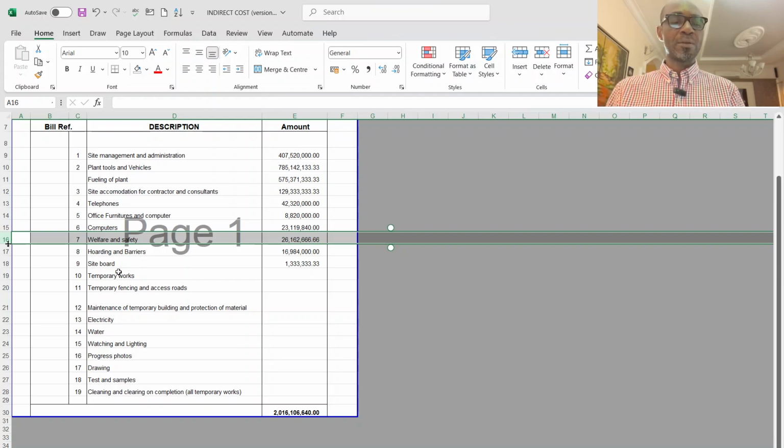And we are going to be dealing with 10 and 11, which is temporary work, temporary fencing and access road. Then possibly I am going to talk on electricity, water, watching and lighting, because to best explain this aspect and possibly